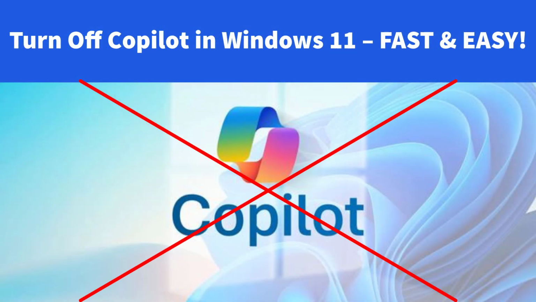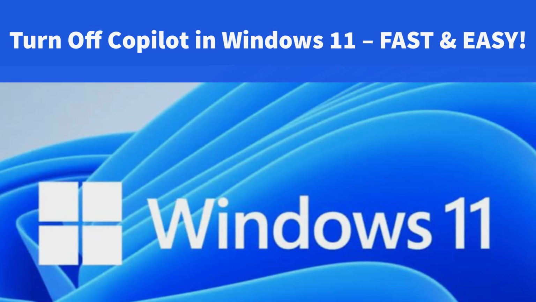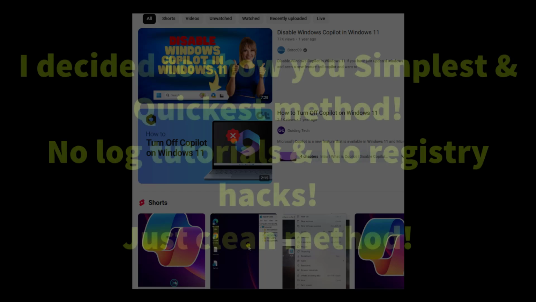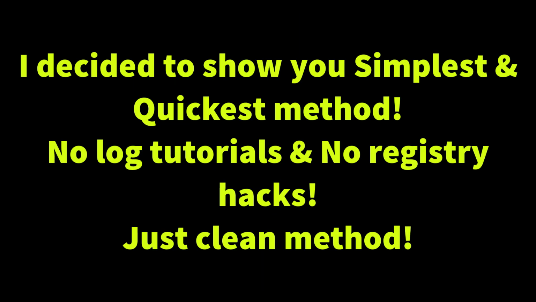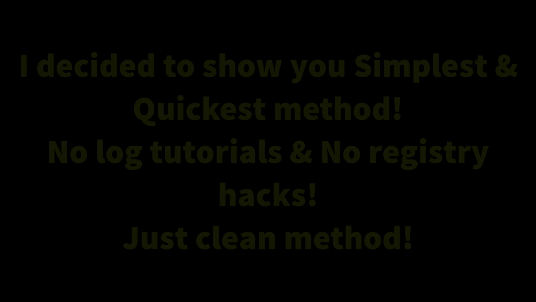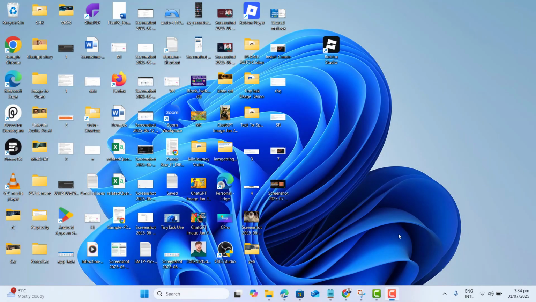Hey guys, are you tired of Copilot popping up in your Windows 11? While the internet is full of long and complicated methods, I decided to show you the simplest and quickest way to turn it off completely in just a few clicks. So let's get started. Just turn on your Windows 10 or Windows 11 laptop, go to your Start menu